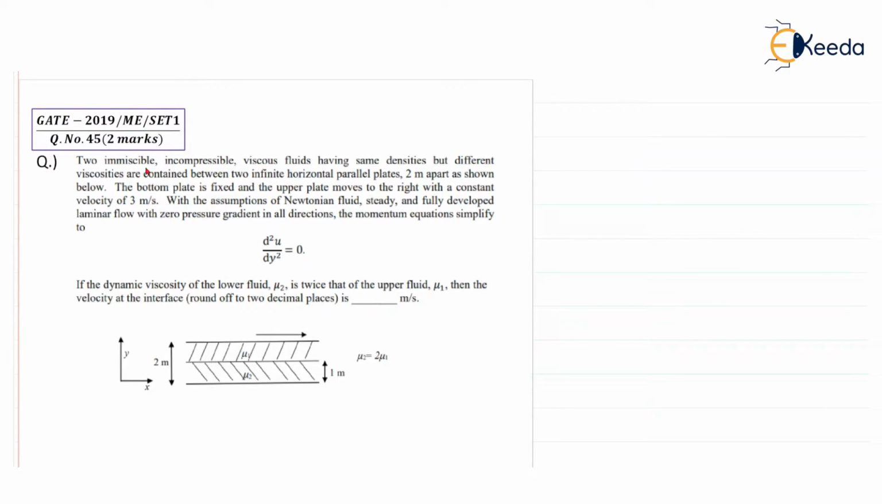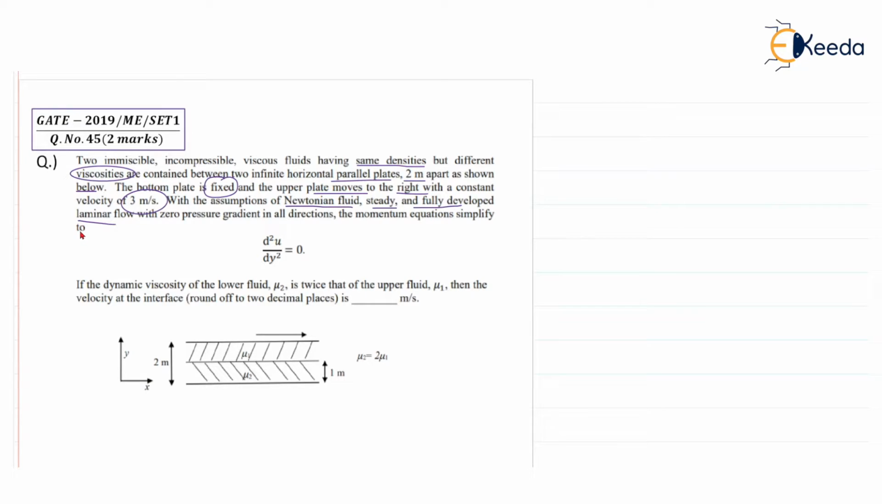Two immiscible, that is which cannot be mixed, incompressible viscous fluids having the same densities but different viscosities are contained between two infinite horizontal parallel plates 2 meter apart as shown in the figure below. The bottom plate is fixed and the upper plate moves to the right with a constant velocity of 3 meter per second. With the assumptions of Newtonian fluid, steady and fully developed laminar flow